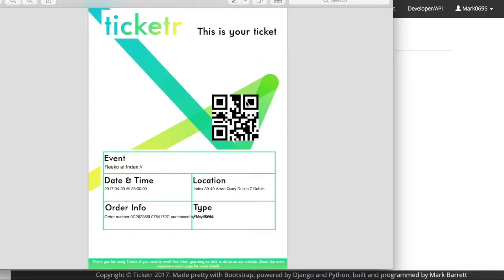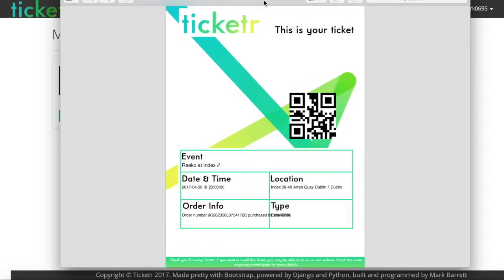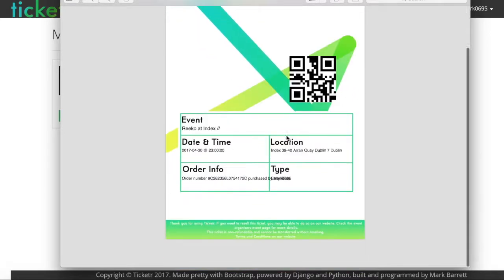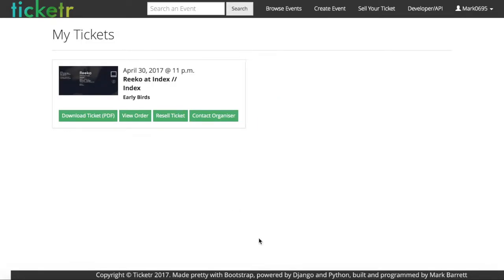So what it does is it takes that order code that we generate every time a user buys a ticket, a unique order code. It generates this QR code, fills in the details in the PDF, and then sticks the QR code onto the PDF. So what this will be used for later on is the scanning of the QR code in the app as the event owner, and then it will check them in online and stuff like that. So I just close that off for the minute.